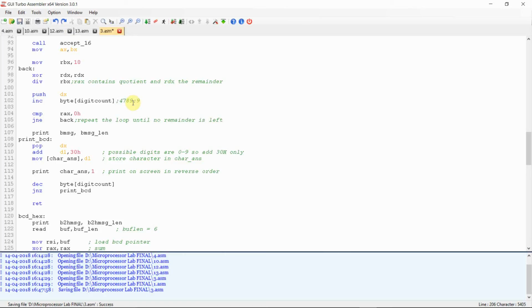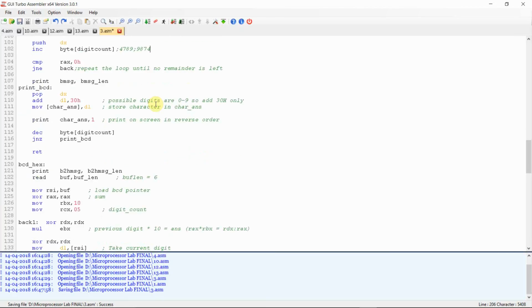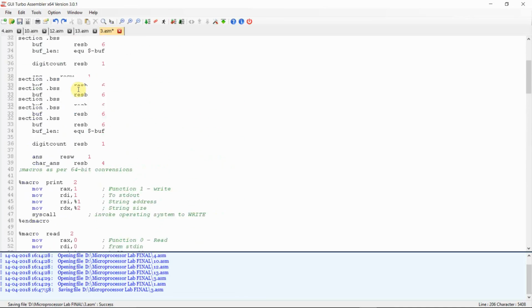Then again divide by 10. The remainder is 8. Then again, then 7, then 4. So the top of the stack will first be 4. So as you know, it is the last digit, but this will be popped first. So after the RAX register is 0, we'll print this message, B message,